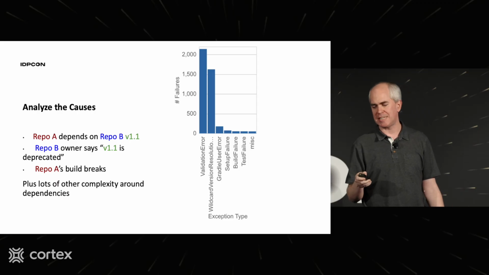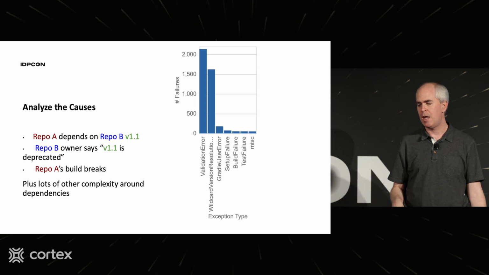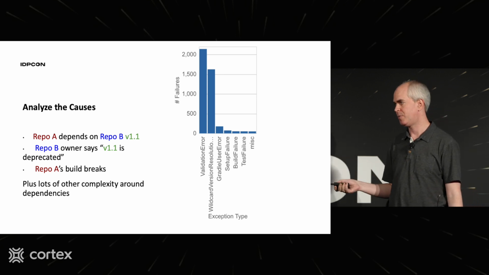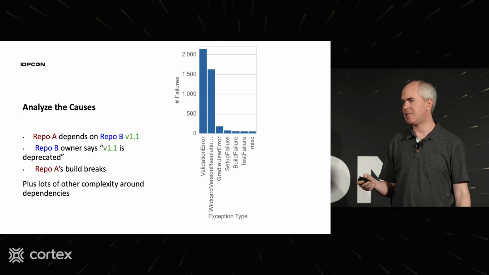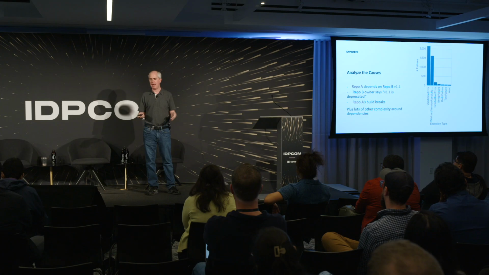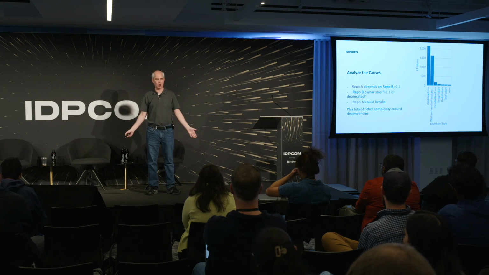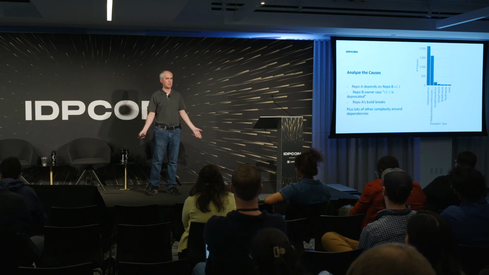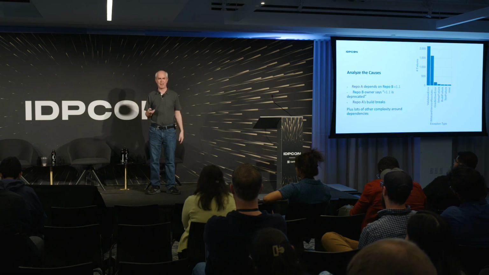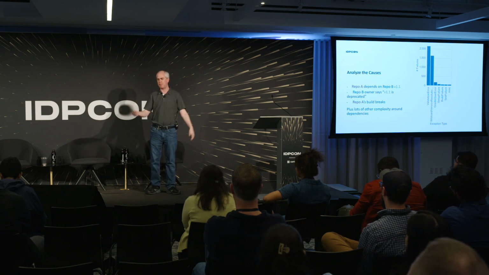So if you look at the graph that's on the screen, you see that thing that says validation error, and then there's another one that you can't read very easily that says wildcard version resolution error, but it's cut off. Those two basically both mean some form of dependency issue in our ecosystem. That basically means somebody has deprecated a dependency and that's breaking somebody else. And you can see that that dominates the cause of our green build failures. So the first thing we want to know is, okay, wow, so now we know what the problem is that we have to actually go fix. It's enormously huge.